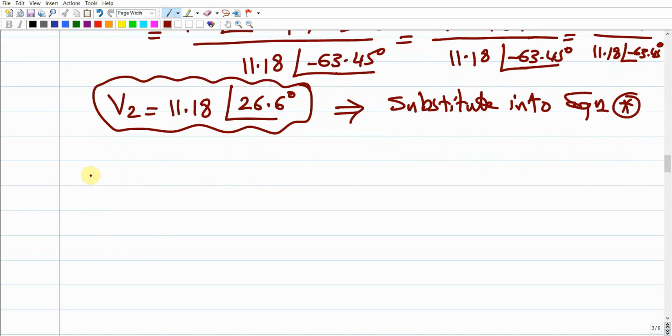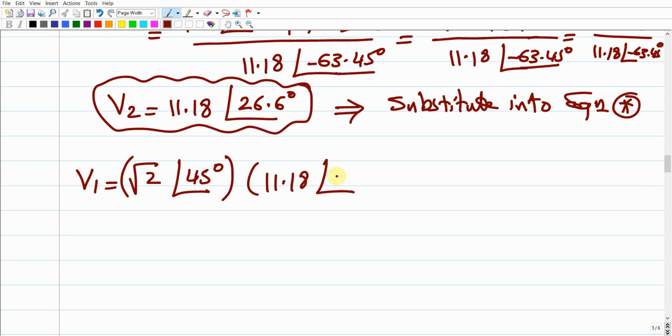So from here, we're going to end up with V1, which should be the term square root of 2 angle 45 degrees, which is (ZL plus ZR) divided by ZR. This should be multiplied times V2 that we just got, 11.18 with the angle 26.6 degrees. Doing the multiplication, this is going to give us V1. Simply, we're going to do the multiplication in the polar form as we already have it here. So it's going to be